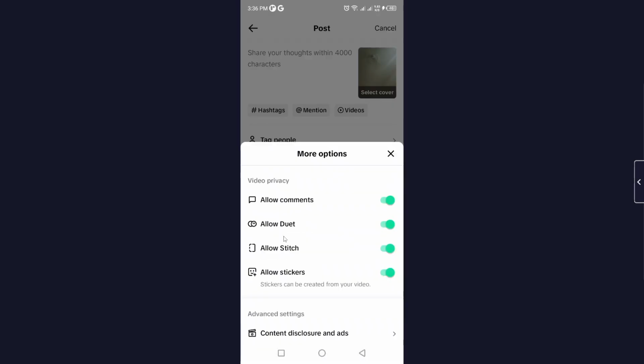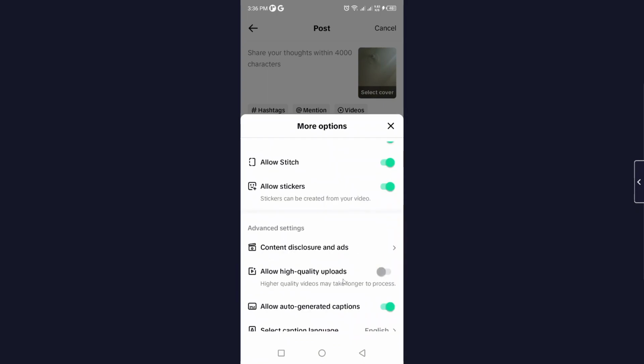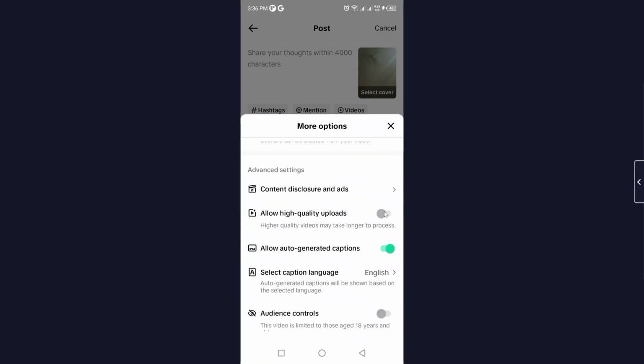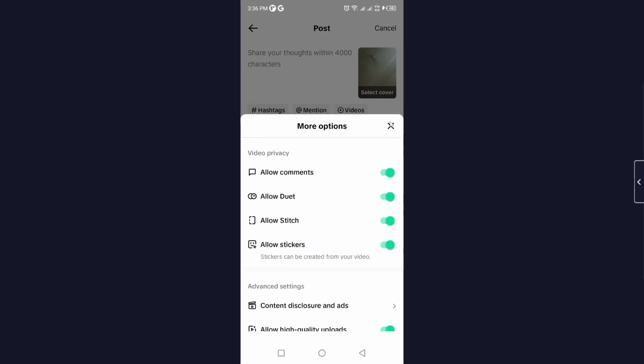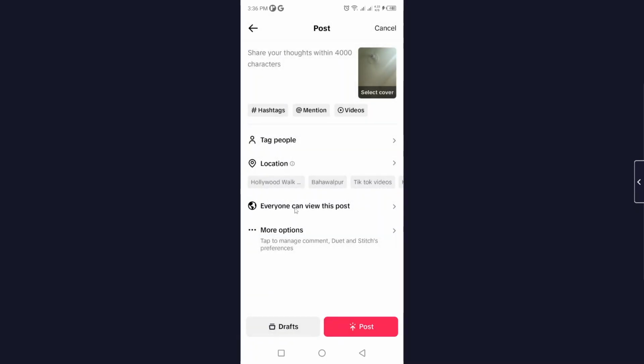So here you can see more options, click on that options. So here you simply need to allow high quality uploads. Okay, and after that you simply need to click on everyone can view this post, and here you need to select only you, and then you simply need to post that video. Once you post it, you are able to share that video with any of your friends